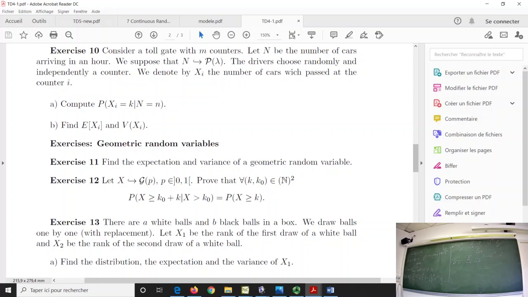Next idea. How to continue? So it's a sum over n. When I see this, I say that, okay, in the course we have seen, let's say, two infinite sums. The one that is related to the exponential, and the one that is related to the geometric distribution, and both of them are sums starting from 0.